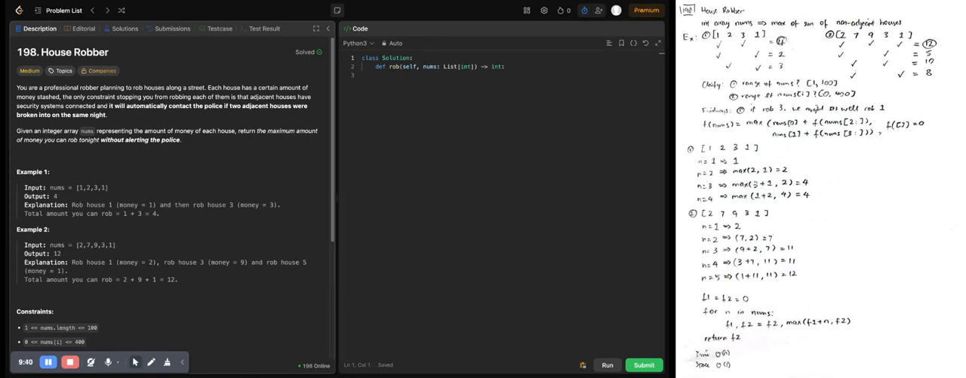I think let's try to do it in a bottom-up fashion. So let's make it 1, 2, 3, 1, and then the nums is here, and then the f is below it. Okay. So if there is only house 1, then they would give us just one. If there is a second house, then there is